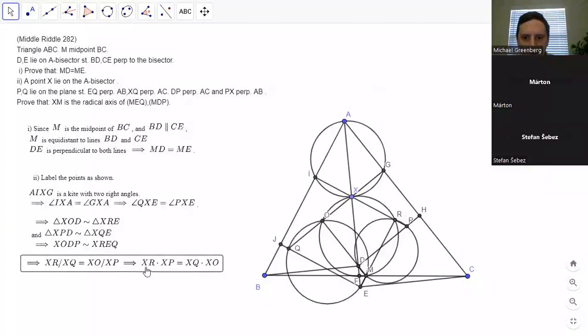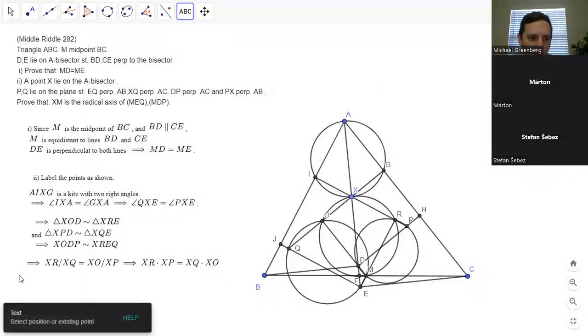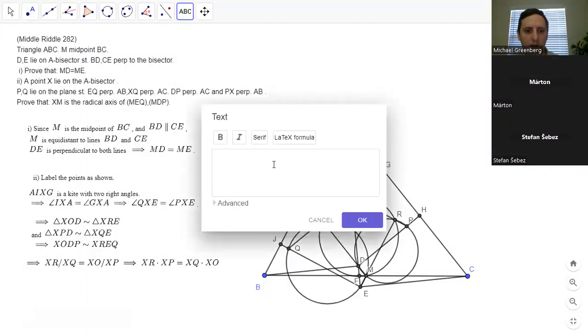And that implies that X lies on the radical axis of those two circles. I'll just finish it. XM is the radical axis of